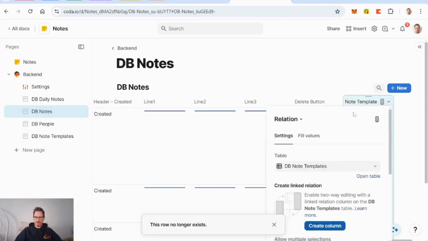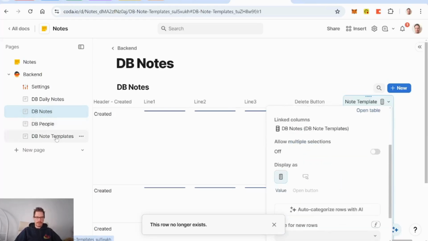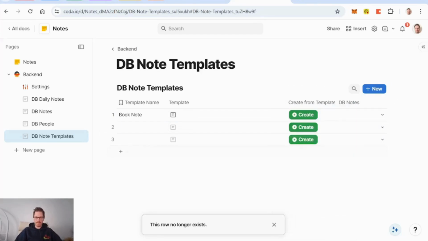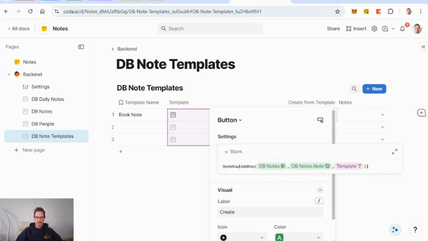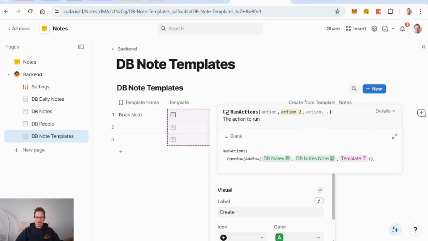And if I reverse create this column, then now in templates, we'd be able to see, I'm just going to hide this from here, what notes were created from that template. And so the create button here would now have to be a run actions button, because what we want to do is also